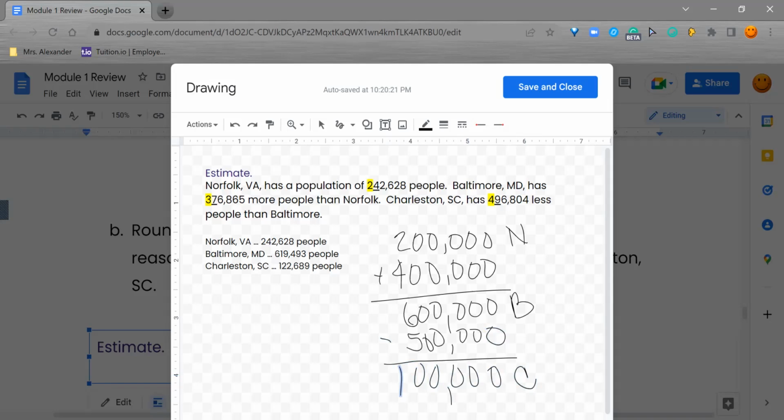So if I look at my number, 122,689, is my number reasonable? I'm going to say yes, because if I look at the 2 next to the 1, the 2 tells it to rest, so it rounds down to 100,000. So I'm going to hit save,